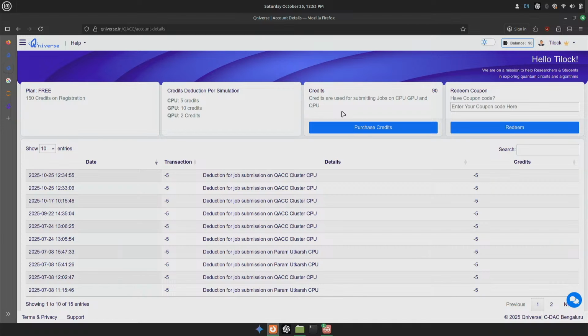Thank you, sir, for guiding us about QUniverse. Recently I enrolled in the QUniverse Developer Certification course. For that, we need to submit job IDs, sir. About 3 months back, I created an IBM Cloud account. How can I include that account, that ID, into this, sir? Are you understanding my point? You want to include your IBM account into QUniverse? Yes, sir.